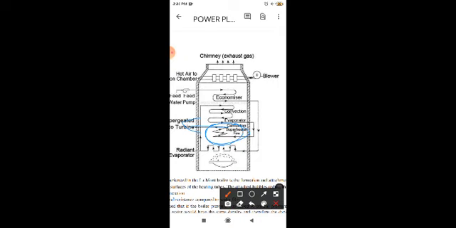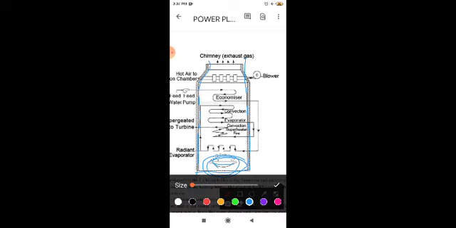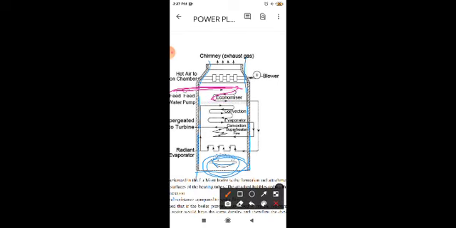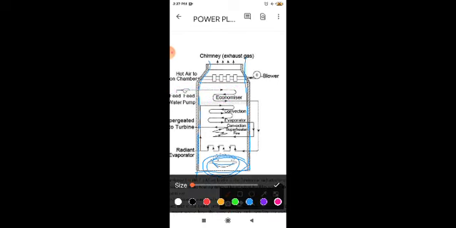Now again let's see this. This is the vessel in which all this assembly is put. Now the fuel is fired over here at this point, and cold water is supplied from here. Up to this economizer, the water gets heated to a small temperature. Okay, let's see with a different color.